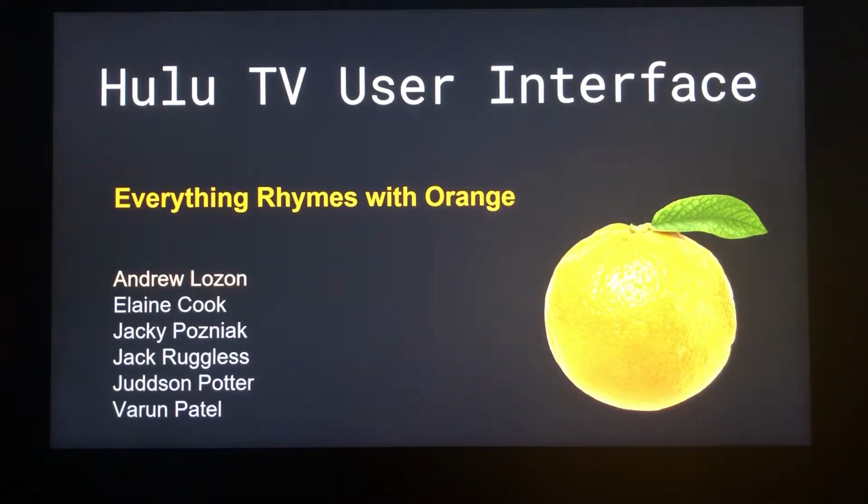Group Everything Rhymes with Orange, presenting the Hulu TV user interface. My name is Andrew Lozon. I'm going to be presenting the final project for the group today, and recording it on an iPhone just for